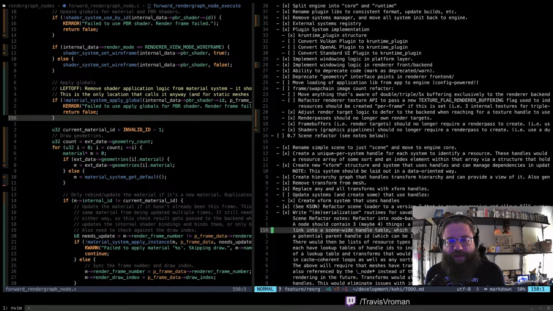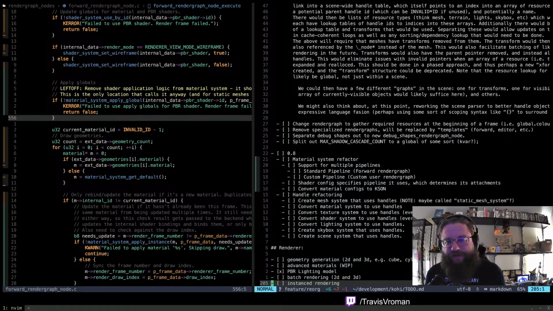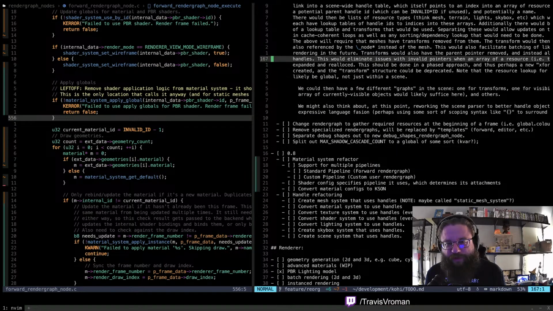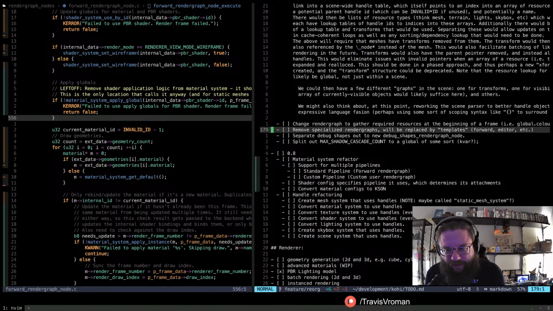So this is part of the refactor. I've got a bunch of things in here for the refactor that we have to do. So everything to version 0.7 is up to here. So this all pretty much needs to be done. A lot of this is already in progress.